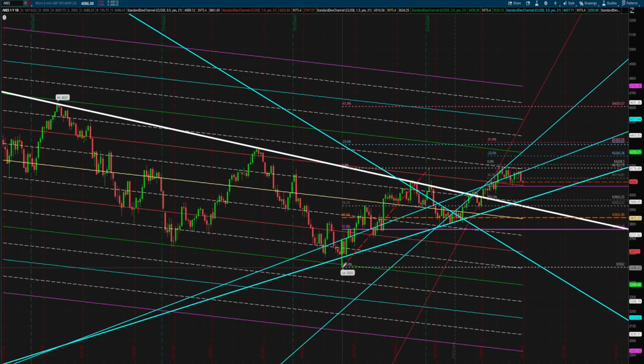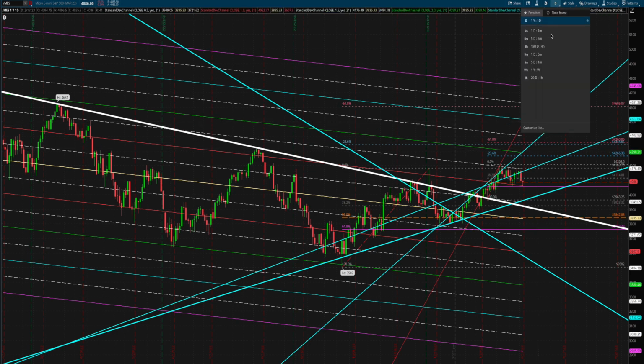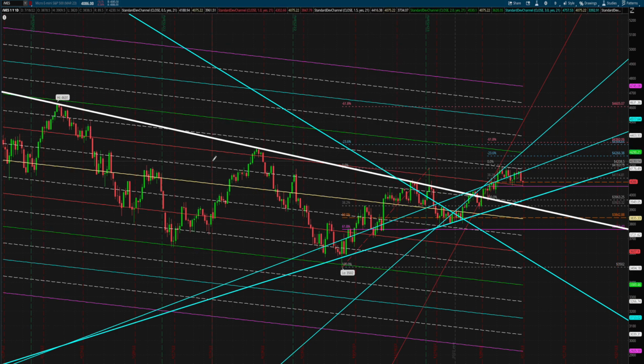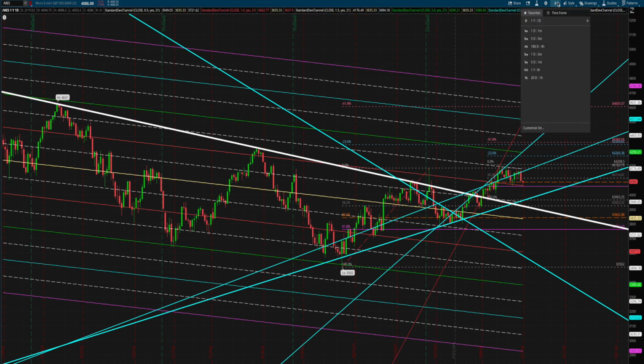The 50% retracement of this Fibonacci right here from this low to this high is still very much intact. See how we bounced numerous times on that 50% retracement successfully? This tells me it's ready for that move higher into the 4300s. Now let's switch over to the hourly chart. But before we do, keep note of this long-term white trend line right here. See how we've been bouncing off of it for the longest time until we eventually broke it. So going over to the hourly chart,